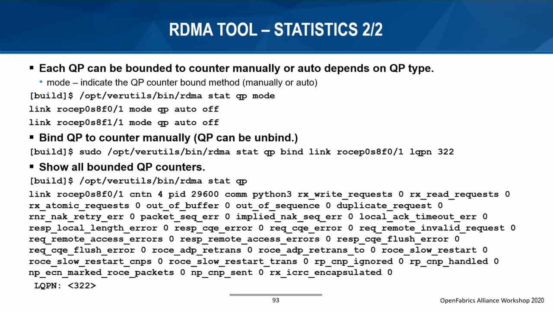We have developed a mode called Auto. In Auto mode, you can define some criteria and have a Q counter bound to QPs according to these criteria. So for example, if you would like all RDMA QPs to have a single counter and all DPDK QPs to have a different counter, or if you would like a dedicated Q counter for each PID,